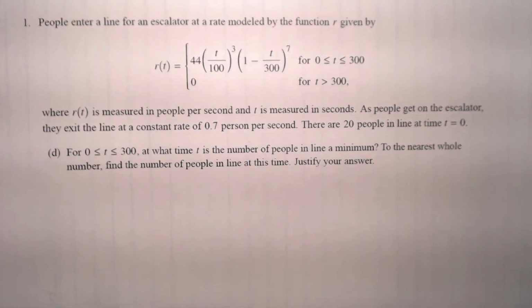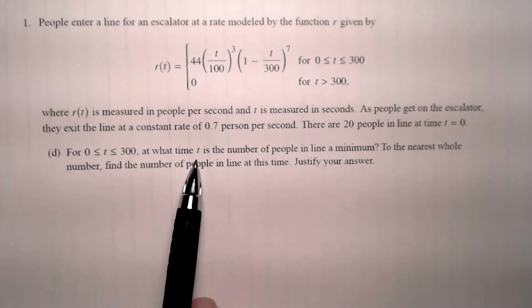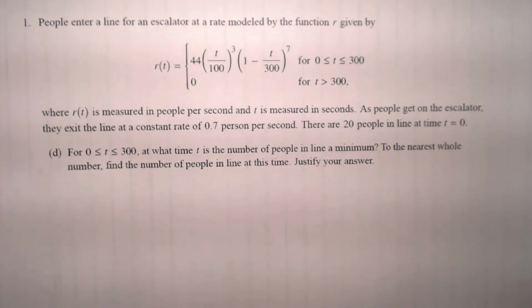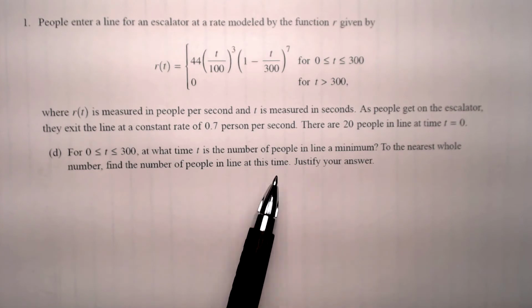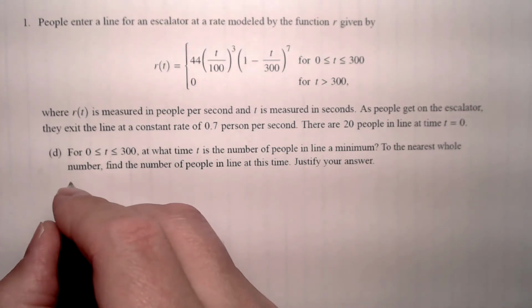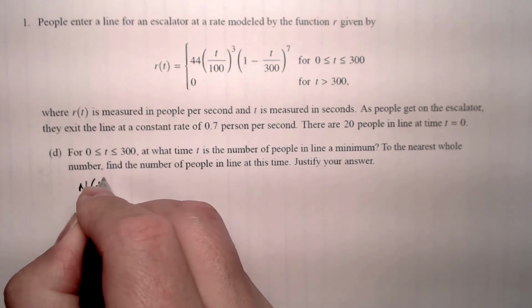In this question we are being asked at what time t is the number of people in line a minimum for t between 0 and 300, and we need to find the number of people in line at that time. So let's write down the expression for the number of people. N of t equals